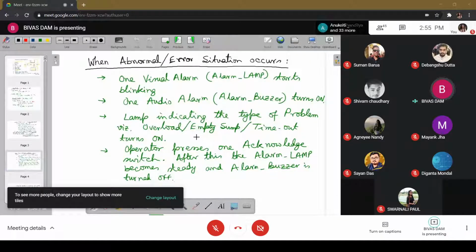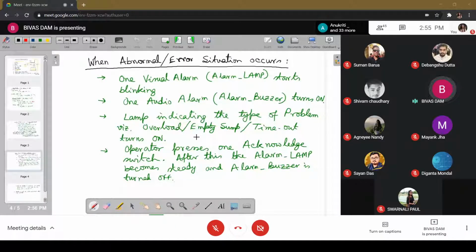Type of problem, that is whether it is an overload condition, an empty sump condition, or a timeout condition, that also starts glowing. Now the operator is alerted. He comes near the pump room and presses the acknowledge switch to indicate to